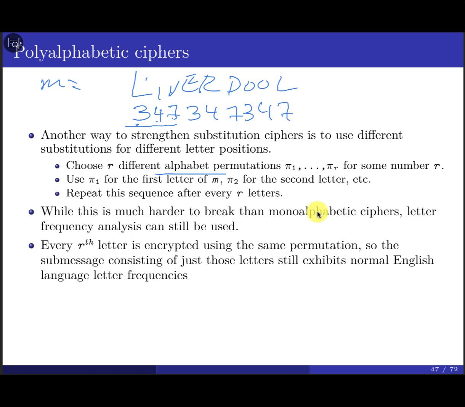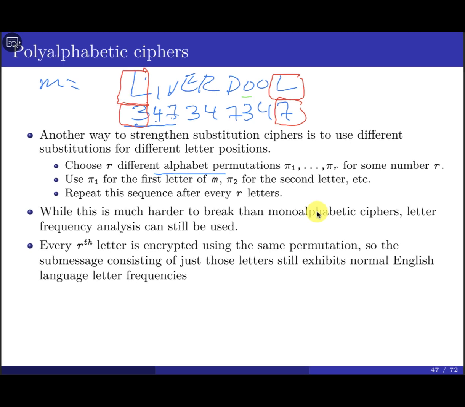Okay? So here you see L in this position, I'm going to shift it by 3. L here, I'm going to shift it by 7. You see that it's not fixed. Every time you find L, it's going to be shifted by 3 or by 7 or by whatever, depending on the position of this letter. What else? You have another letter, O here, great, another O. O in this position is going to be shifted by 3, and here it's going to be shifted by 4. That's what you call polyalphabetic ciphers.